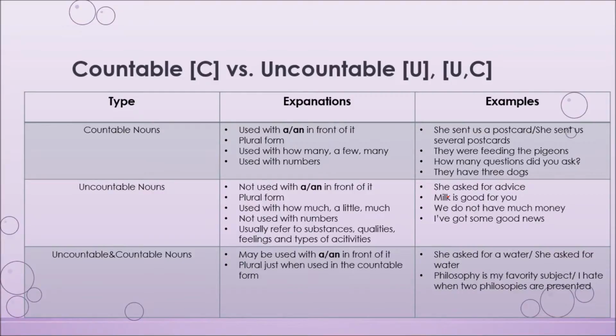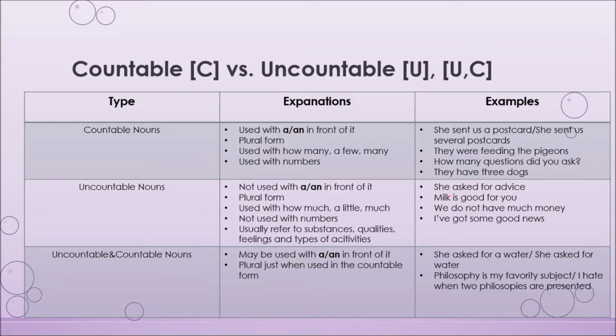Some nouns can take the form of uncountable or countable nouns. How do you know that? It's kind of difficult to guess. Just experience with time is going to give you a sense of wrongness and rightness. So in the case that you are using it as a countable noun, it can be used with a and an. The plural can be used as well. All the rules that you have seen for uncountable nouns and countable nouns will be applied according to the way you use it,